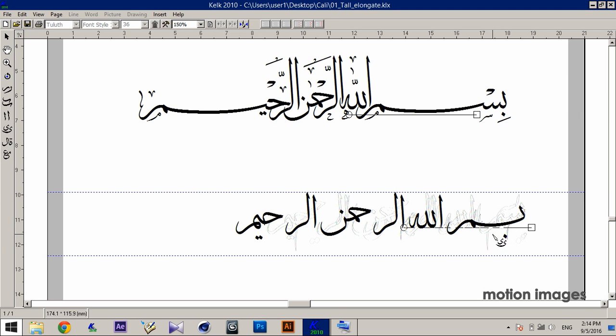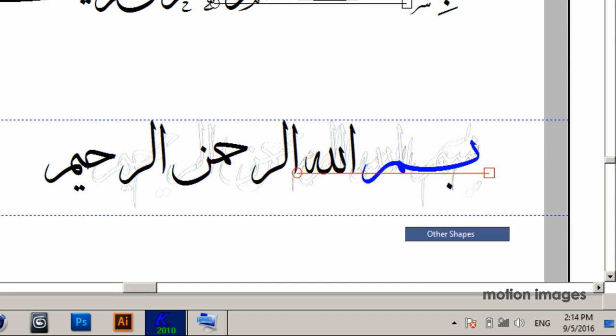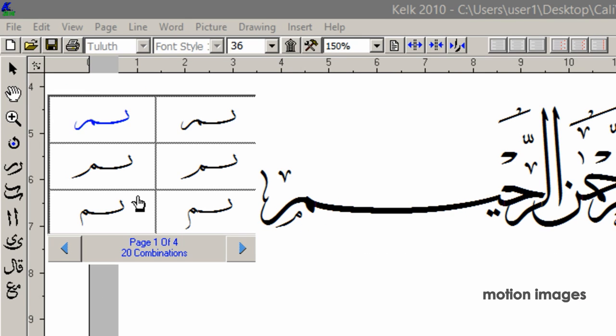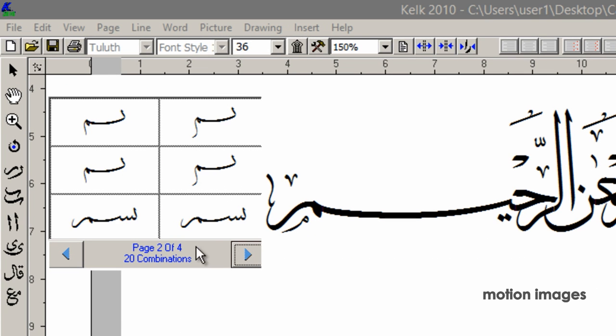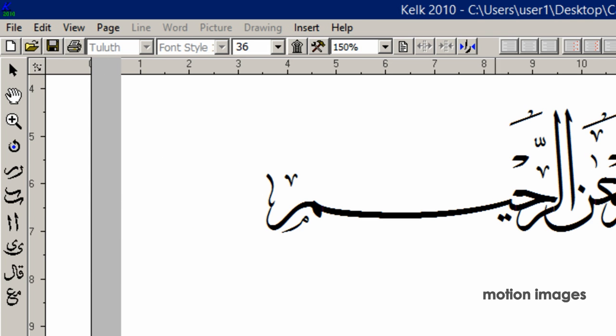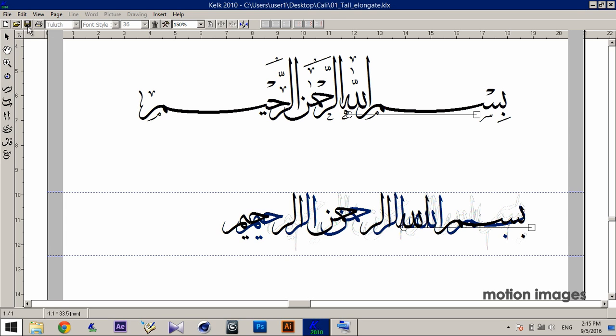Now once you have clicked on it, you can go back to the select tool and right click on the shape, and then you can go to other shapes. It's going to give you a couple of combinations of that particular shape, and then you can choose whatever shape you want. In this case, I'm going to choose this one, and then I'll choose save to get rid